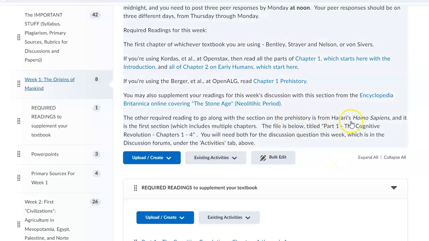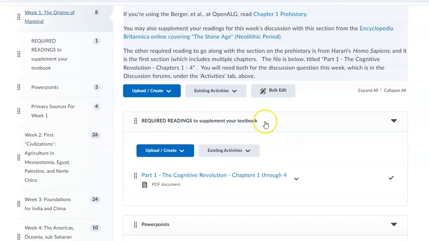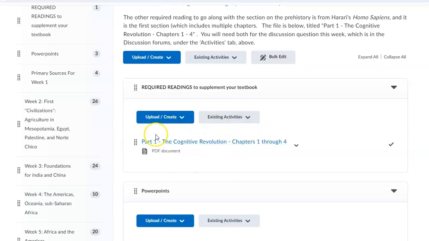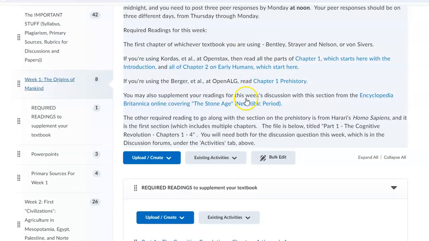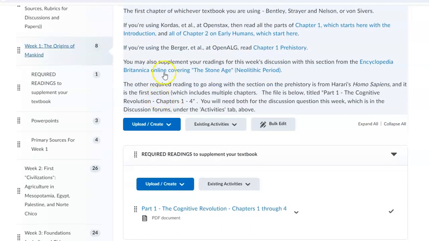The other one is going to be this one from Harari's Homo sapiens, the Cognitive Revolution, chapters 1 through 4. And these are very important. Anytime there's a required reading, it'll be listed here. In fact, there'll be a secondary required reading every week. It will be listed here, or it will be linked up here in the top so that you can get to it, right? So for week 1, it's going to be these,